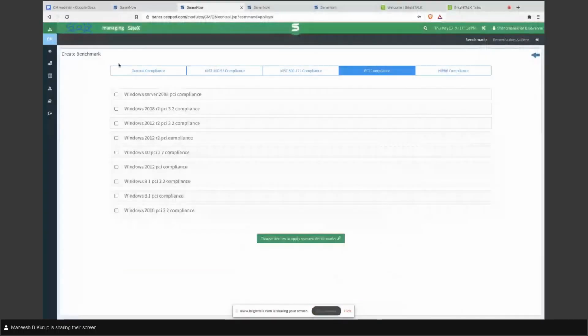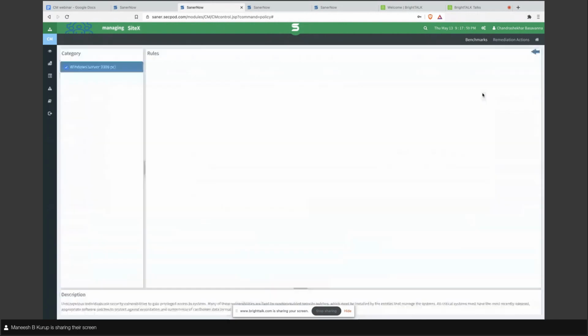I'm at this place where previously I explained how to come, and we have seen how HIPAA templates can be customized. In the same way, you can choose the PCI compliance section here. A list of PCI compliance templates is available for various operating systems. You can choose one of these, or based on what kinds of devices there are in your organization, you should be able to choose one or more such templates, and go to the next window by clicking on the right hand side.